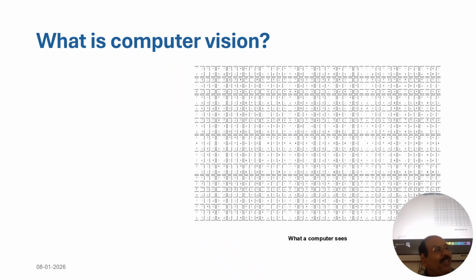So this is how a computer sees this image. What is this actually? This is a set of matrices, a full set of numbers. If you see the previous image, you could see there were so many dots, so many grayscale levels, so many colors. Each point is called a pixel. The smallest point in an image is called a pixel. So what is a pixel?